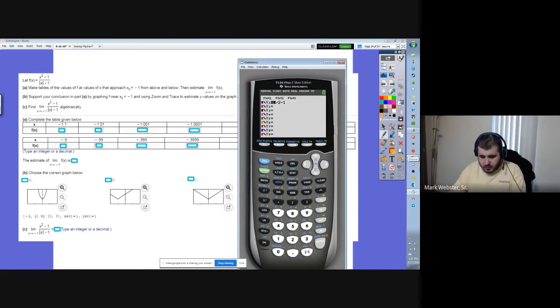You're going to go, let's see, x squared minus 1, all in parentheses. I've got to make a parentheses here somehow. x squared minus 1 divided by,